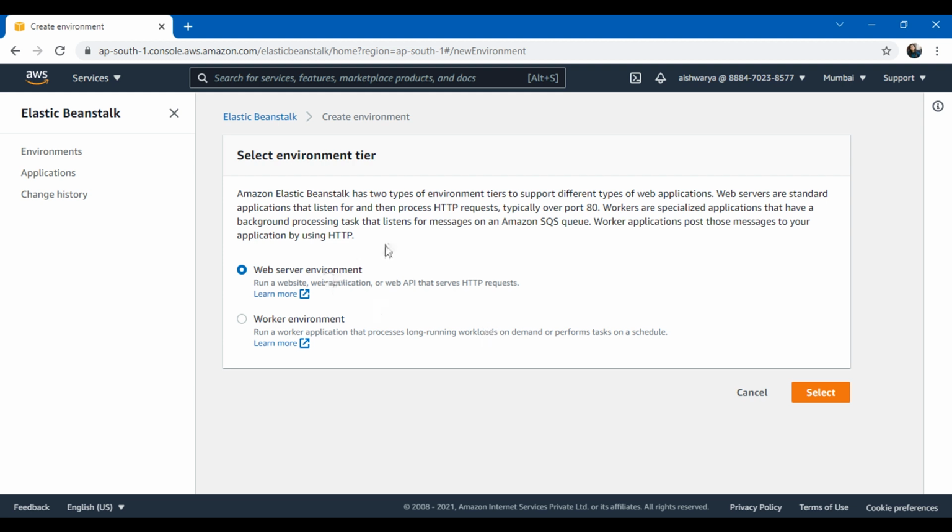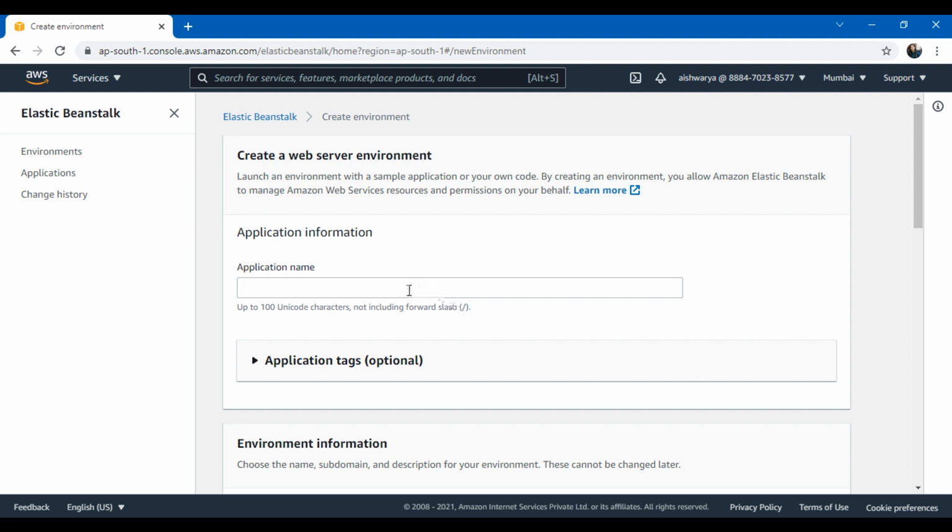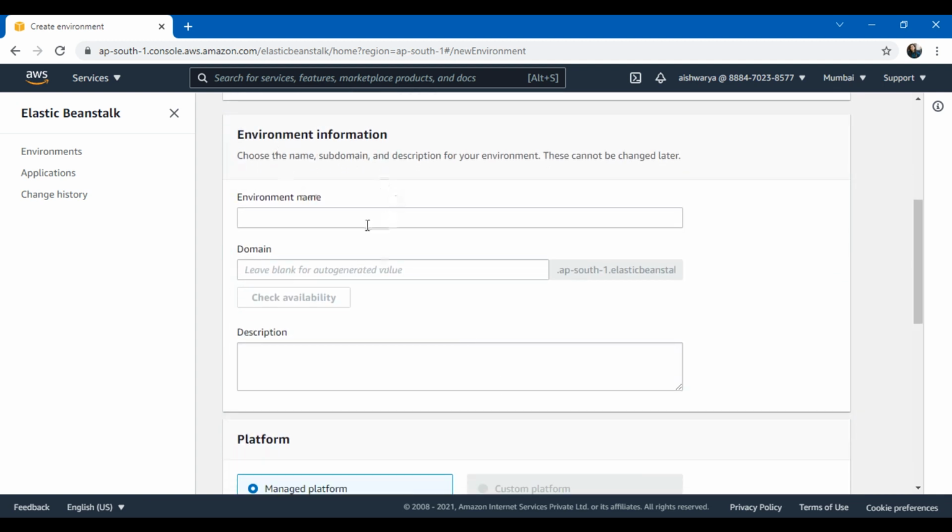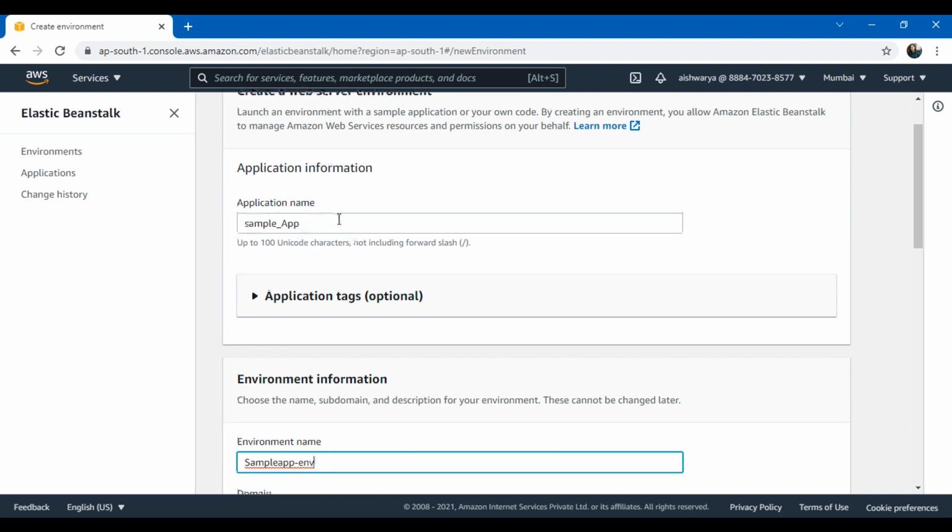Here we can go for the web server environment itself and select. Give a name to your application. Let me give it the name sample app. Going ahead, the environment information will be filled automatically based on what I have given to my application.